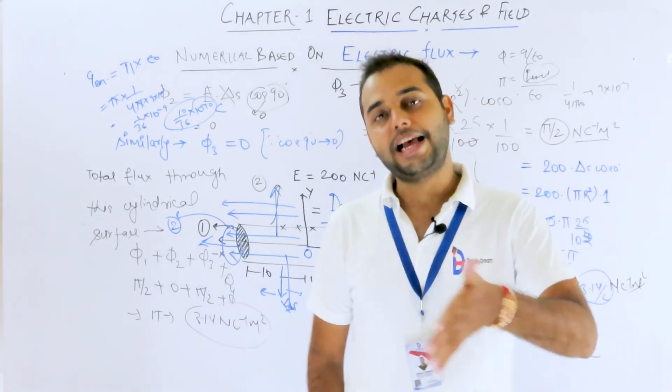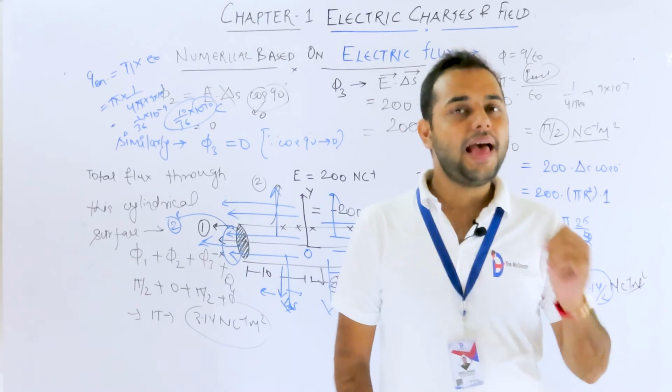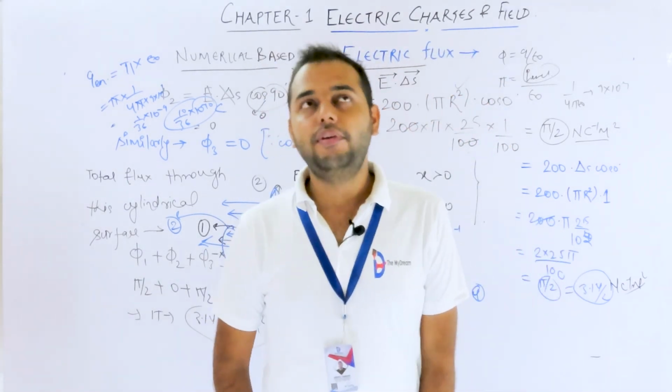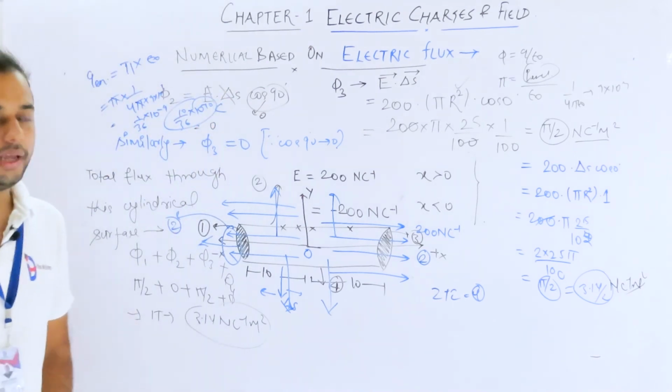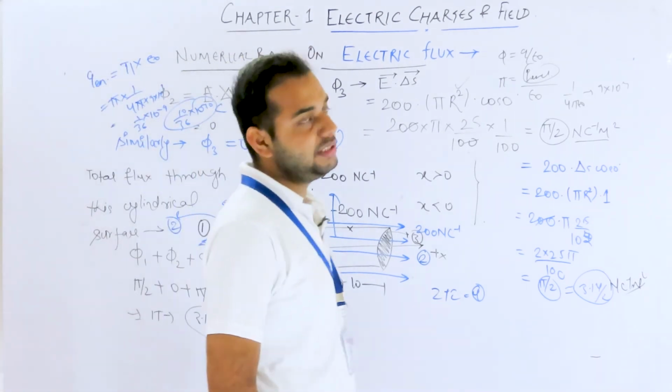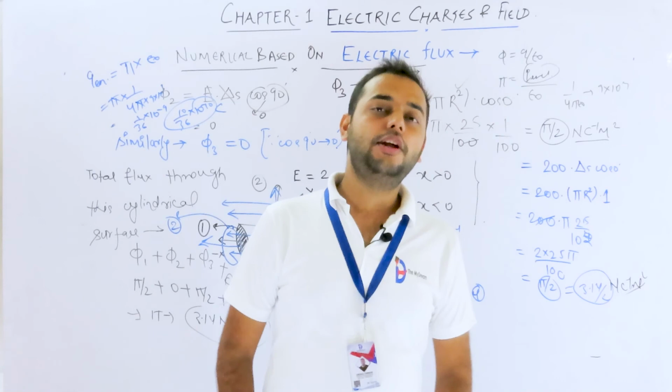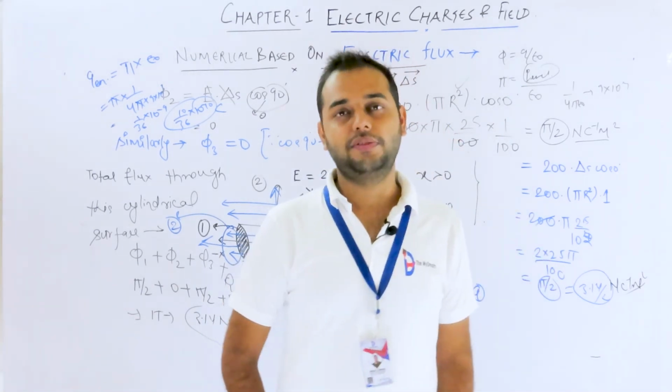Potential for a positive charge has to be positive, and potential for a negative charge has to be negative. You will see that you can easily solve numericals for potential. And then we will move towards capacitance. That would be the end of the numericals of unit 1 or chapter 2 as well.